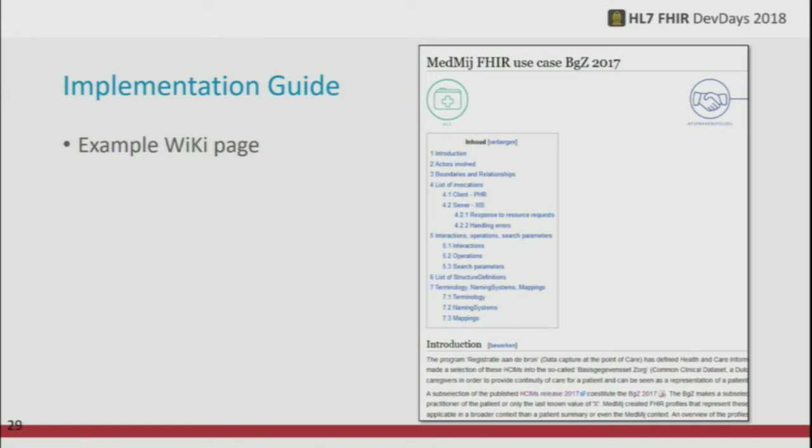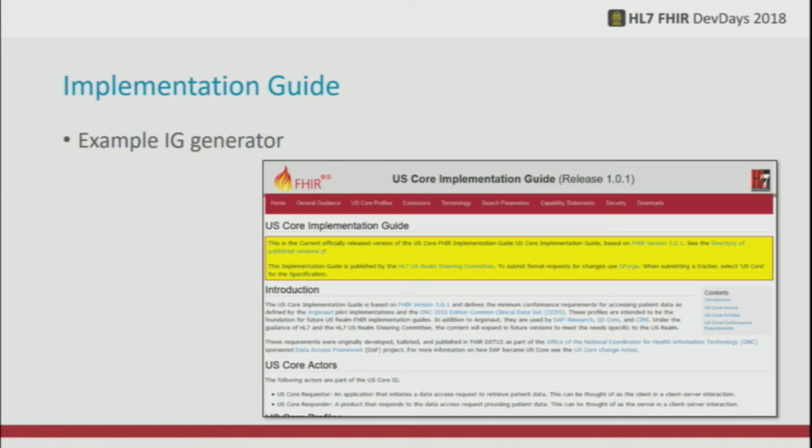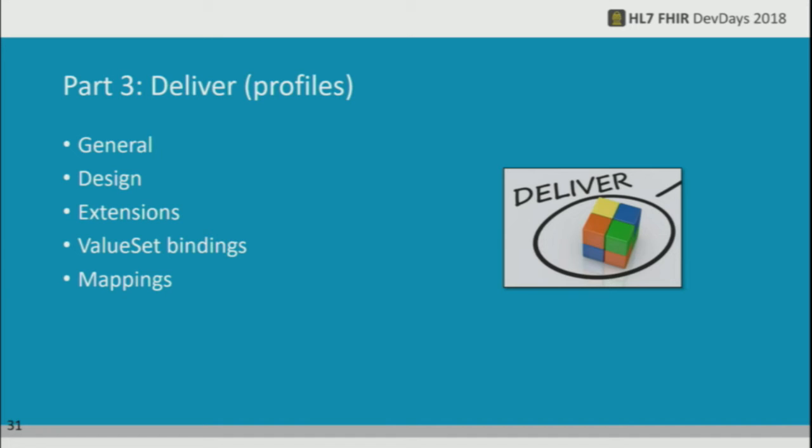It will have the same sections, and US Core has the same sections as well, which is created with the IG publisher. It will have guidance, profiles, extensions, like all the data definitions, all the value sets, all the search parameters, a capability statement about what a client and a server are supposed to implement, a section about security, obviously, and then there's a section about delivering,